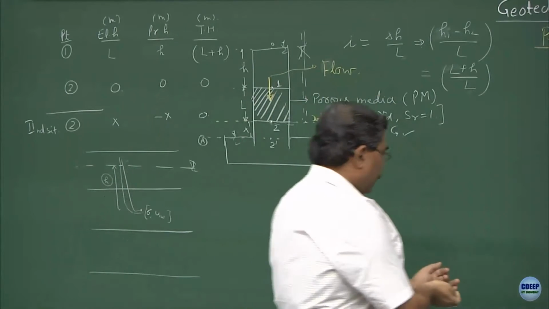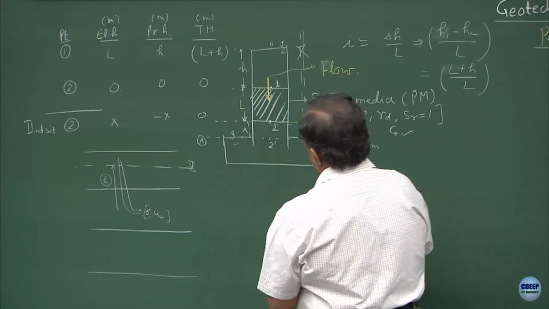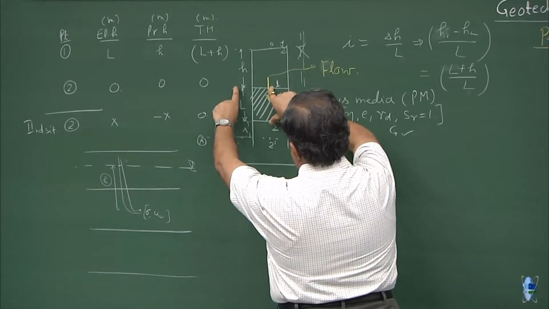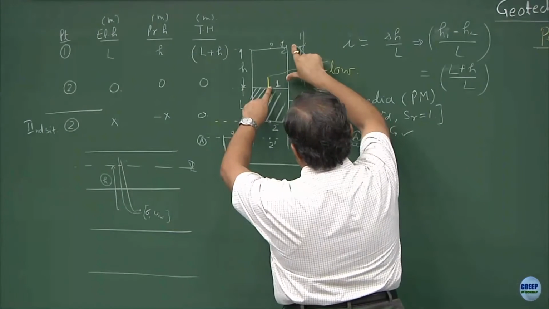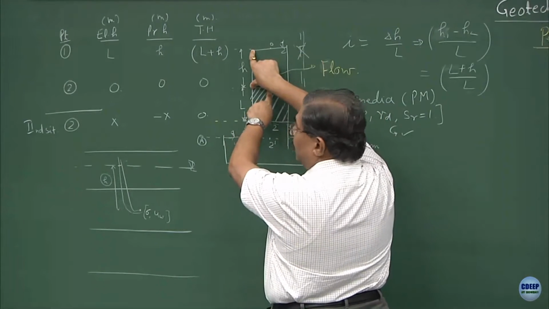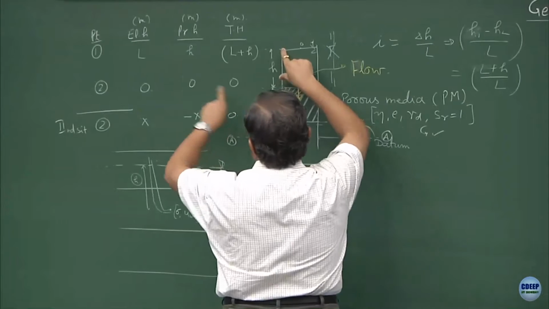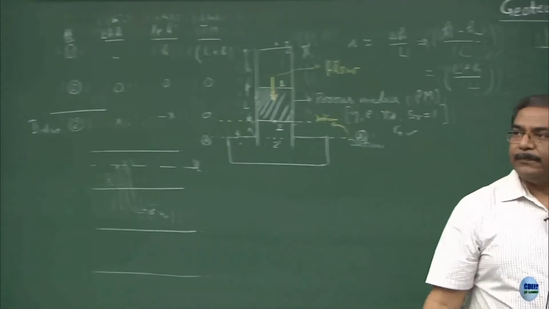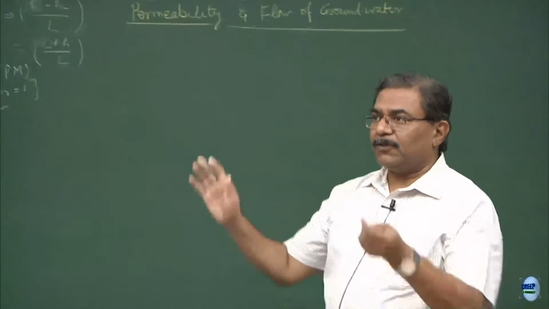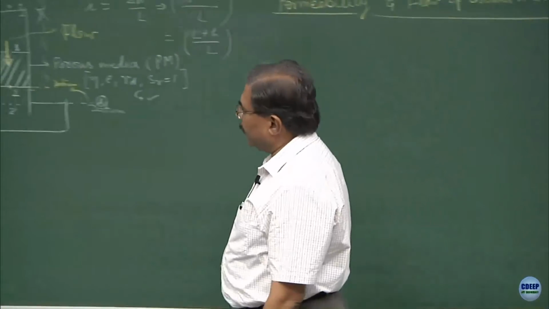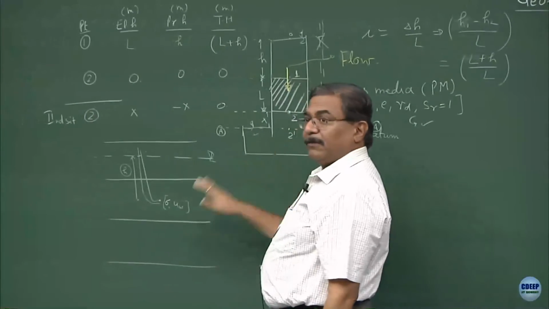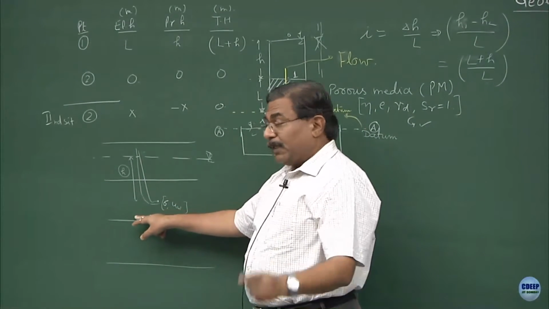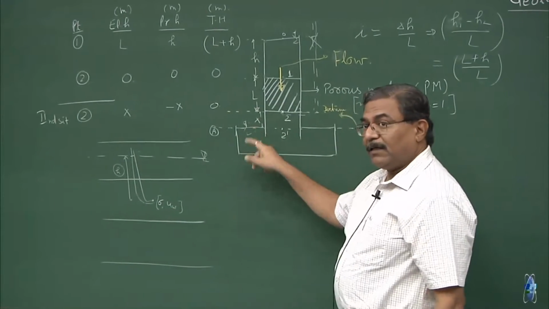Where? Point number 1, elevation head. See, if you fix the datum over here, this is the elevation head at point 1, this is L. If you put the piezometric tube over here, it goes up to here, so L plus H, clear. So, pressure head is H at this point, elevation head is L, total head at this point is L plus H, fine. Have you understood the discrepancy? Have you understood this part and this part, the difference between these two? There is no boundary condition which is enforcing the atmospheric condition.